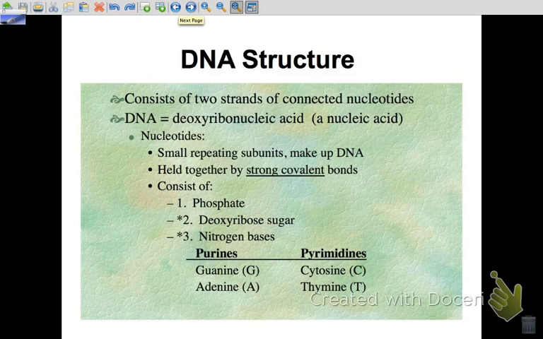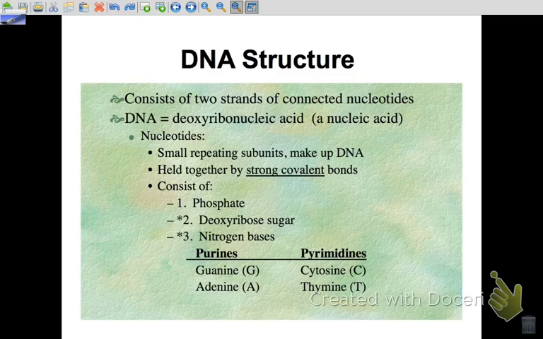So let's talk about the actual structure. We've already sung the song, so we know all this. There's a little more detail in here that I will help you with. Two strands. DNA is double-stranded, so that's important. There are two strands making it that double helix or spiral staircase. DNA, deoxyribonucleic acid. We love DNA because it is made of